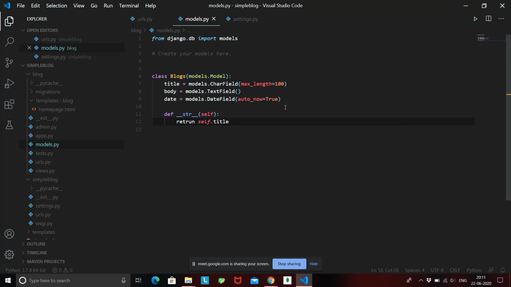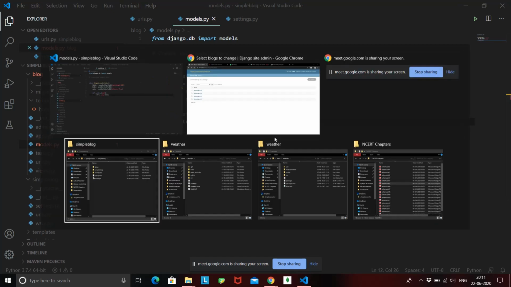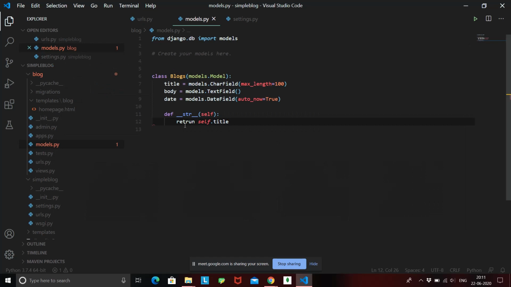Okay, now what this function is going to do is return the title as soon as an object of this model is created.